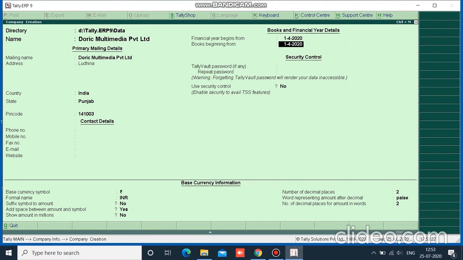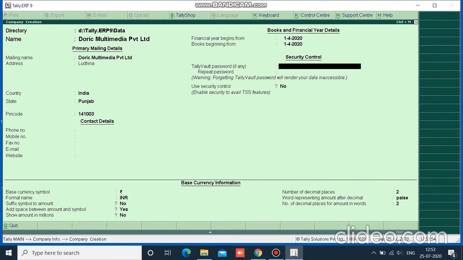Suppose the financial year of a company begins from 1st April 2020, but the dates of vouchers begin from maybe any date. It may be the month of July, it may be the month of June. So we can enter the data according to that. Tally Vault password is used only when we don't want any user to even see the name of the company.